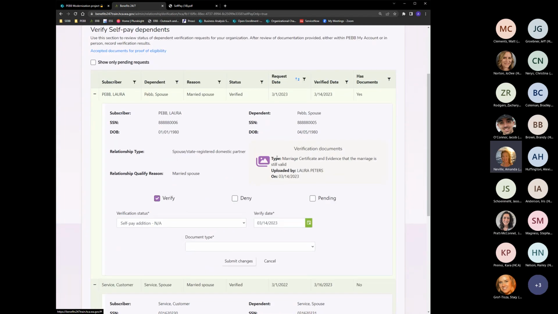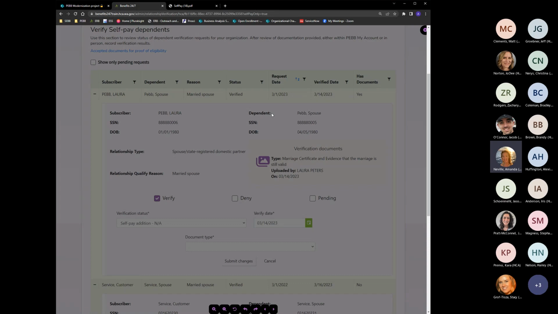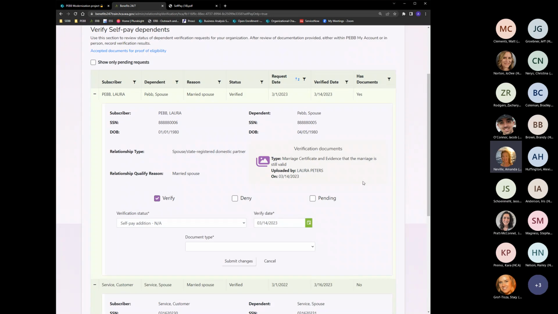If there is a document attached to that dependent, you'll see it here in the verification documents. We have that picture of a mountain and a sun here that is selectable to view. We should be able to see that document display here. I think we have an already documented bug of this happening, so that will be fixed. So we can review that document, and if they are in fact an applicable dependent and all of the information